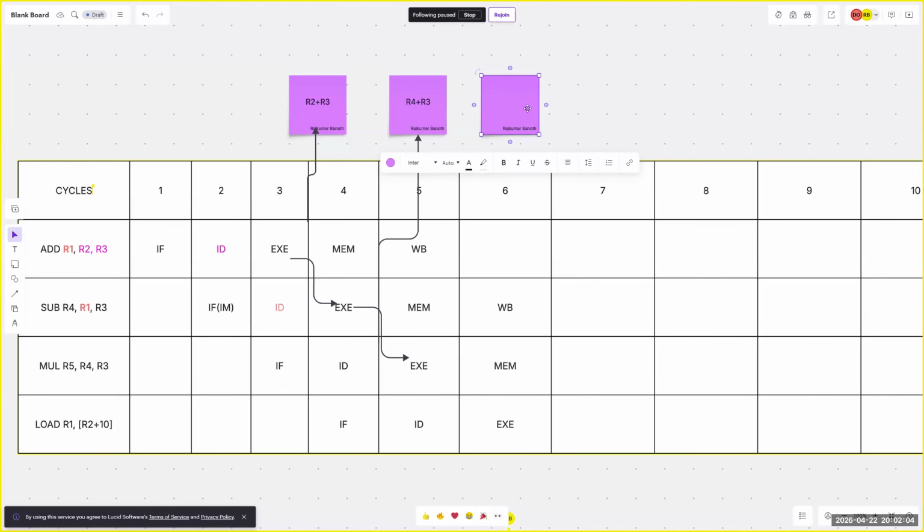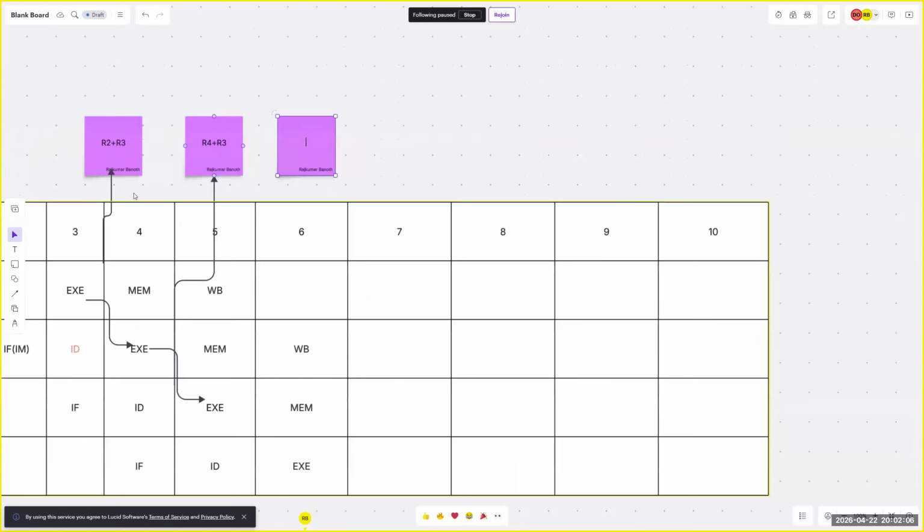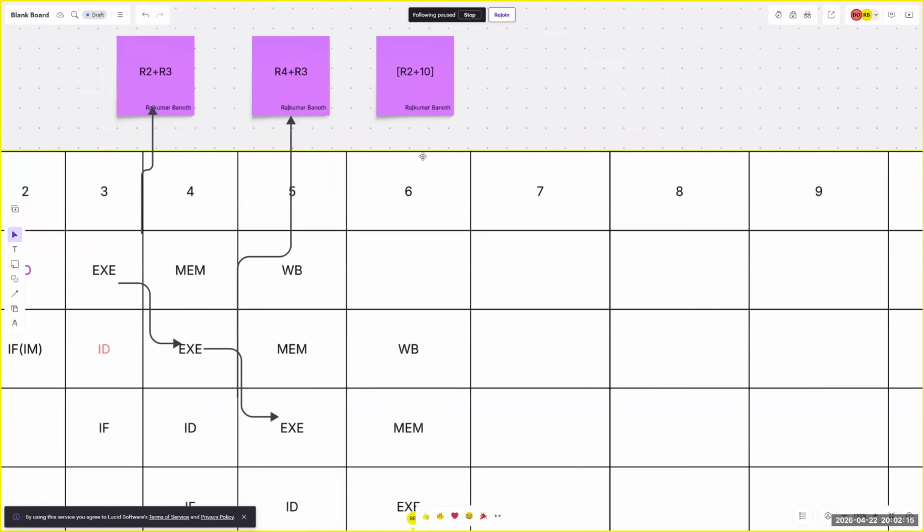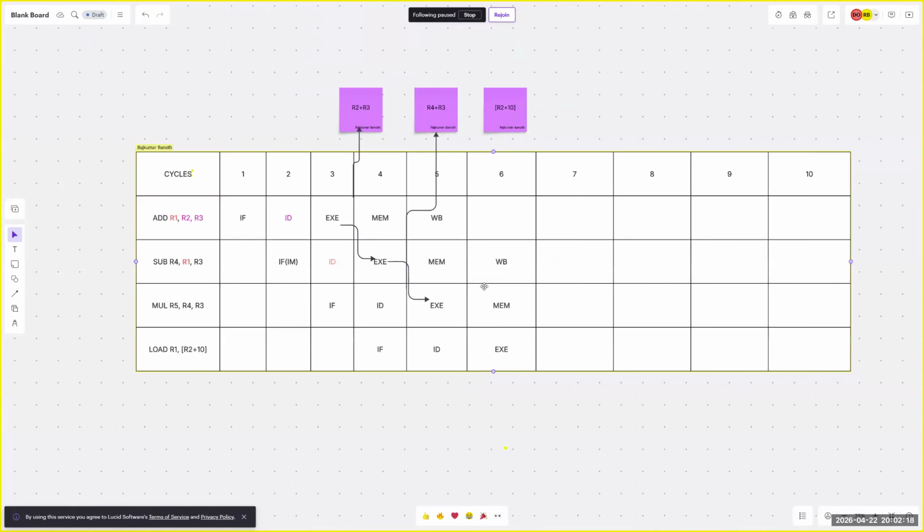Yeah, that's correct. Go ahead. Because the ALU computes the effective address, right? R2 plus 10. Wonderful, that's the effective address. Super. So then at the seventh cycle,